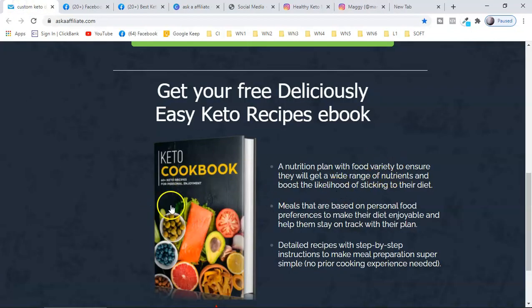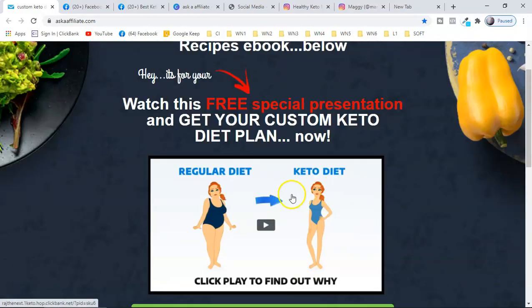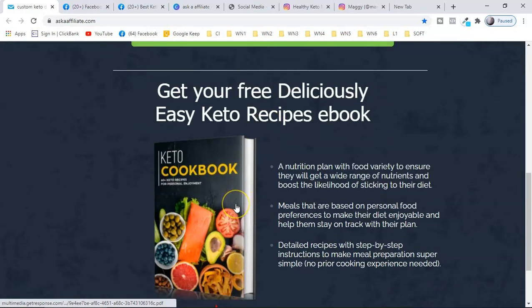Not only are you giving them an ebook, you're also creating an option so that more eyeballs get your offer, as well as sending them to the video sales letter. If they buy from this, guys, you're going to earn a commission. If they don't buy from this, you already have the ebook which you are giving to them. If they read it and really like it, they will click on that and they're going to buy from that.